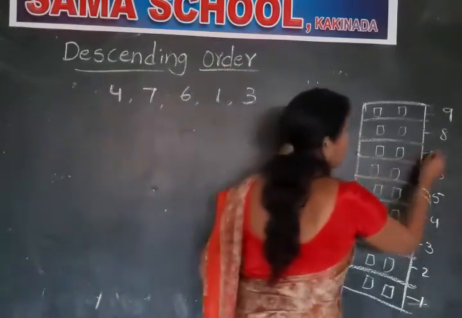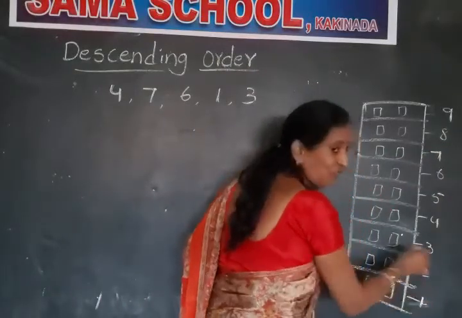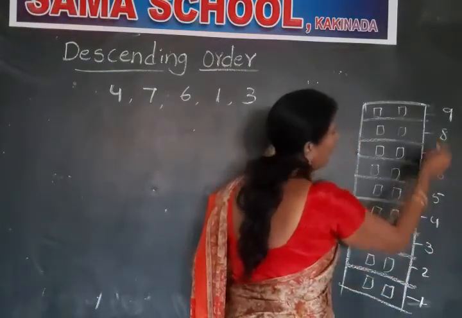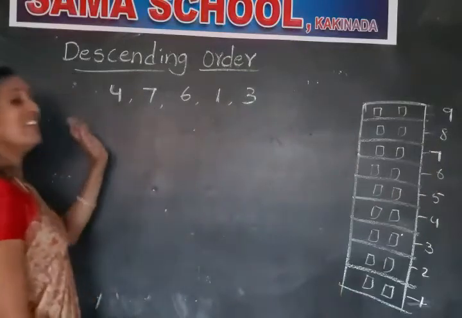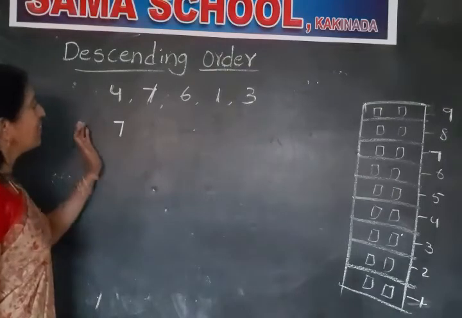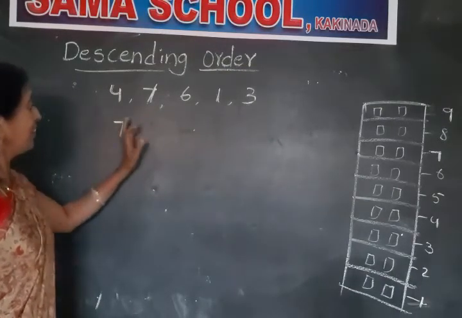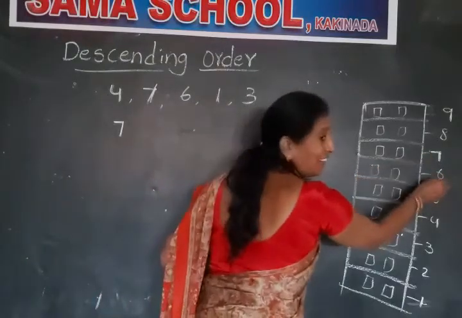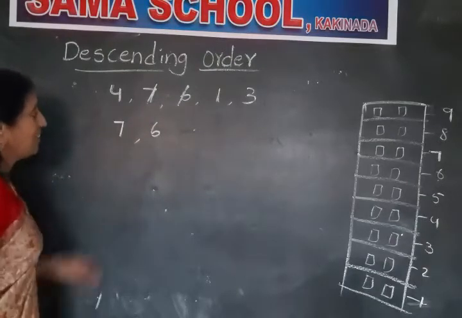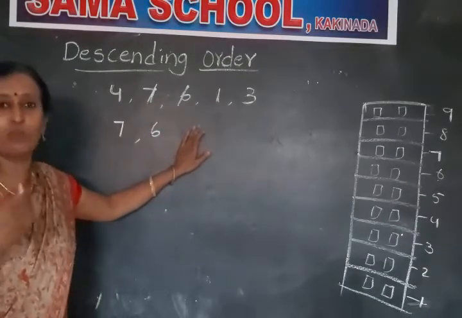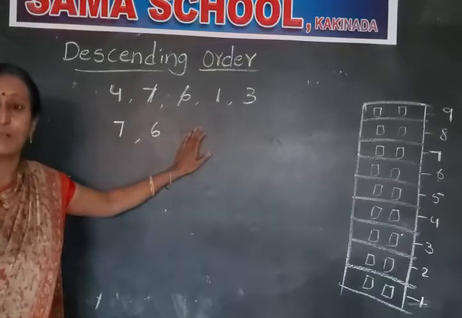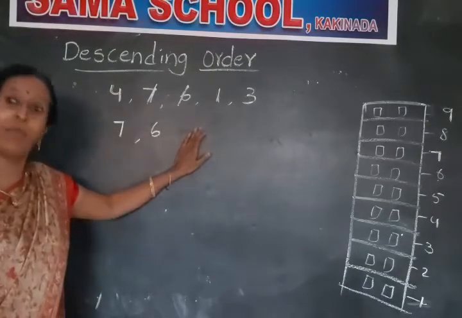See here, 2 is bigger than 1, 3 is bigger than 2, 4 is bigger than 3. Like that you are going. So here which is the big number? 7 is the big number. First you write 7. Next, before 7 which number is there? 6, no? So you write 6. Next, before 6 which number? Before numbers are the small numbers. We already discussed in the previous classes: the before numbers are the small numbers and the after numbers are the big numbers.